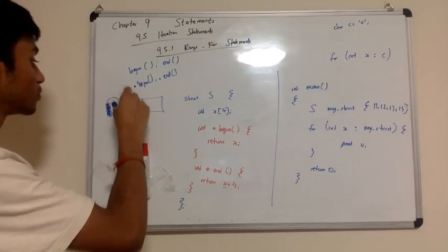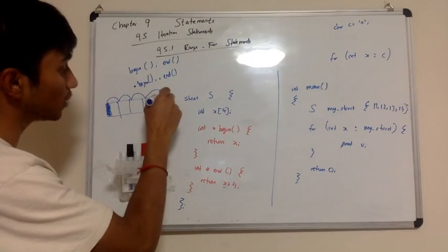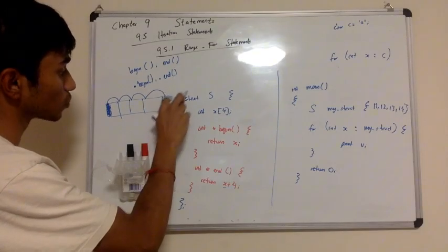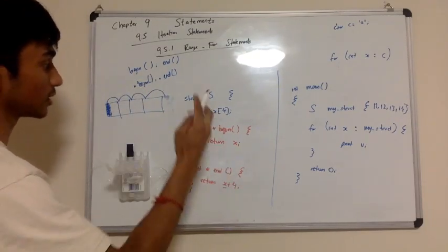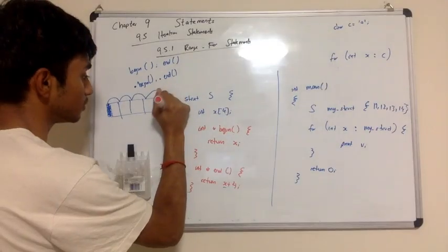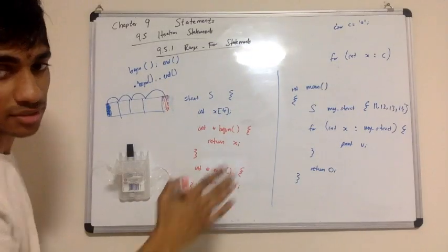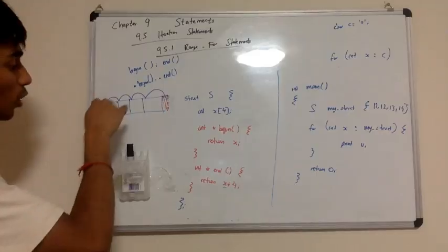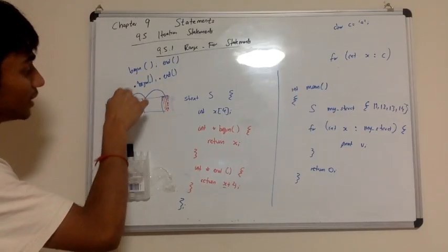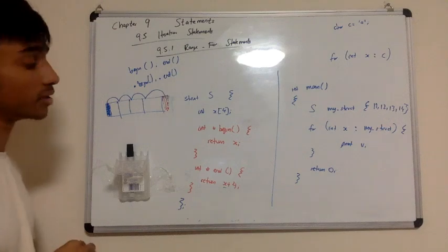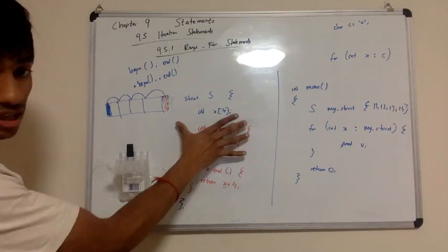So 1, 2, 3, and then 4 gets us right past the final element, and that's why we would do it like this. Of course, this is severely hard-coded to handle these magic numbers, but for the sake of simplicity, hopefully it's clear that if x refers to that first byte of that first element, then x plus 4 gets us right outside the array. So that would be valid